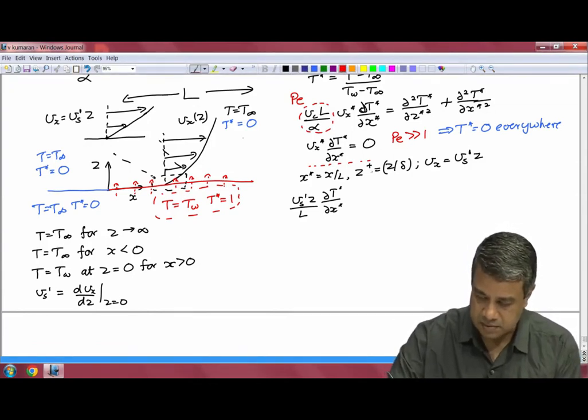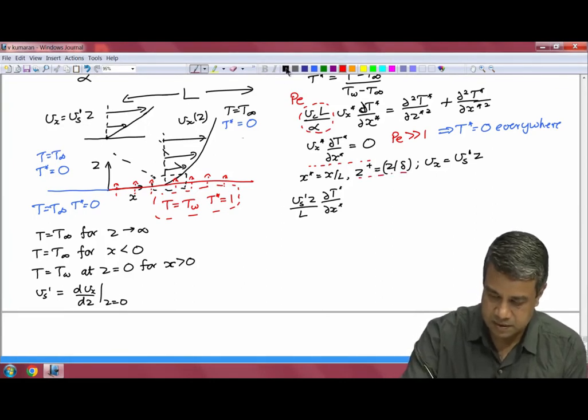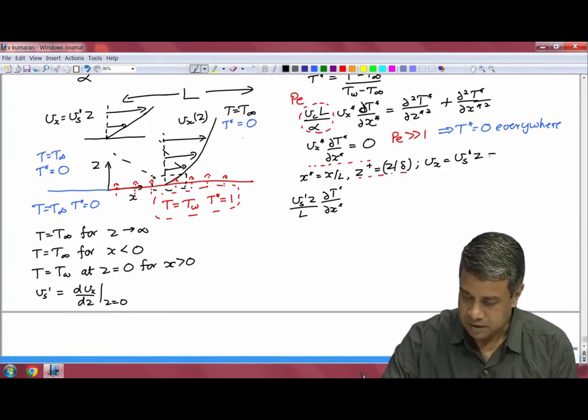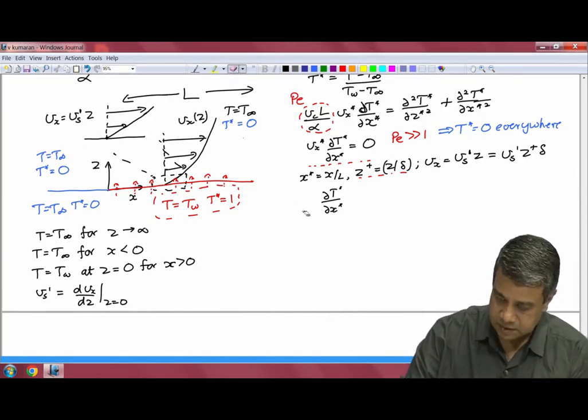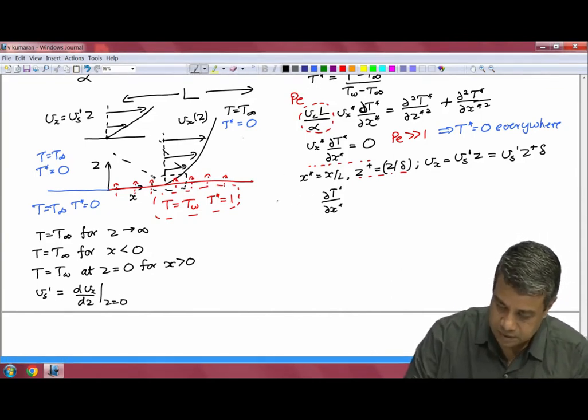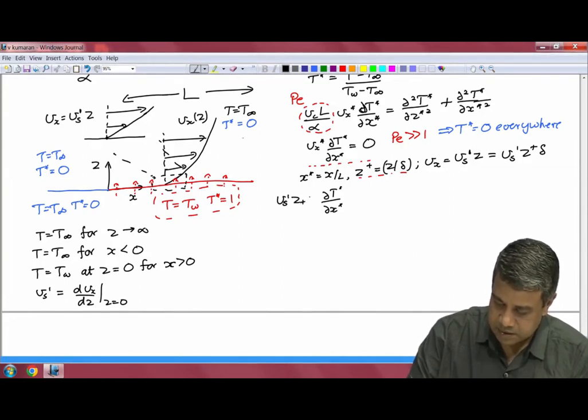Therefore, I can write this as Vs prime z plus into delta. So, let me write that here. Vs prime z plus